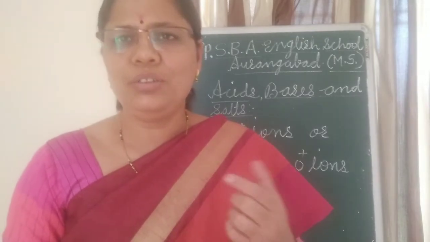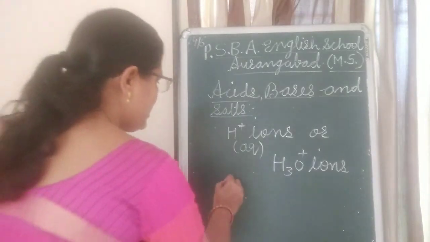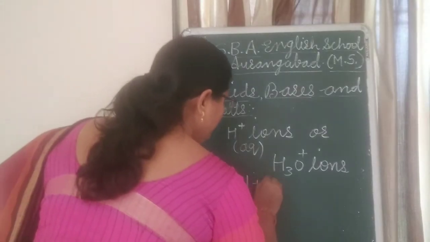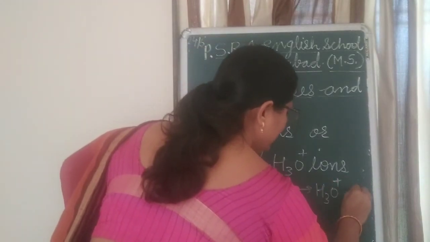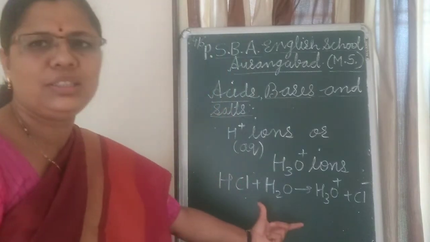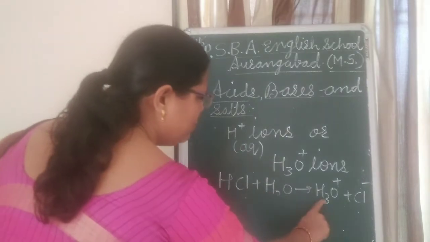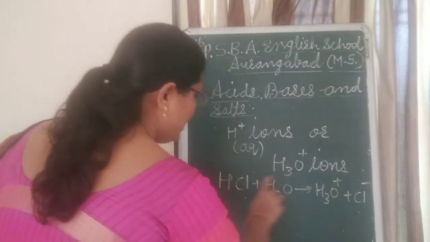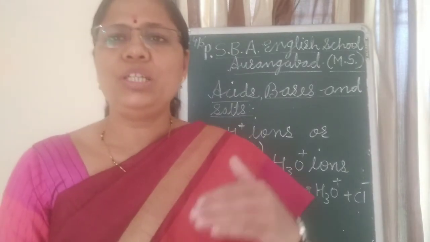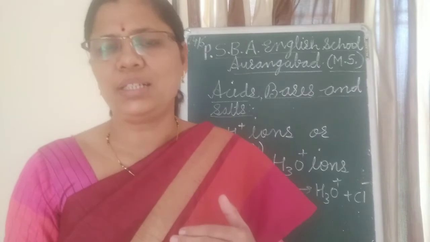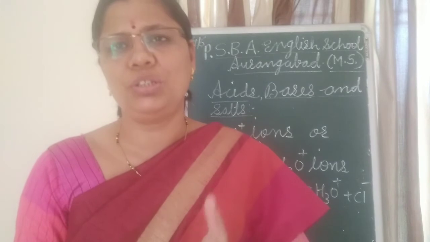Okay, and what reactions are there? So what happens first is HCl plus H2O, there is a formation of H3O positive ions and Cl negative. Okay, this is the dissociation, and it means that H and H2O is combining and forming the H3O plus, and Cl gets dissociated, that is anions, negative ions. Okay children, so this way we have understood with the help of this activity what happens to an acid or a base in a water solution.